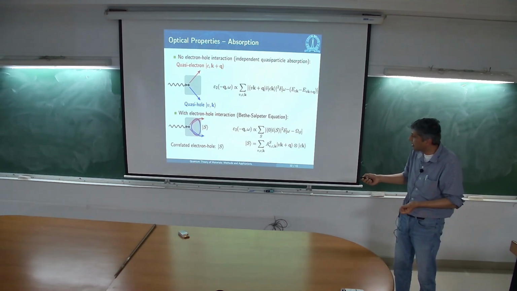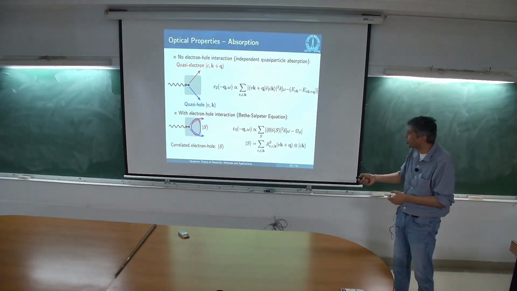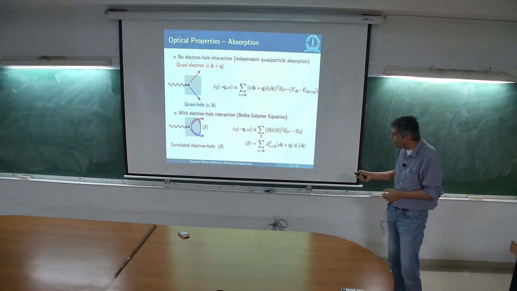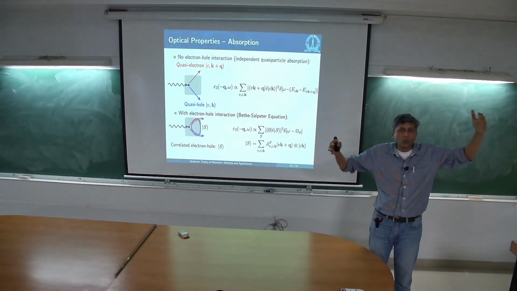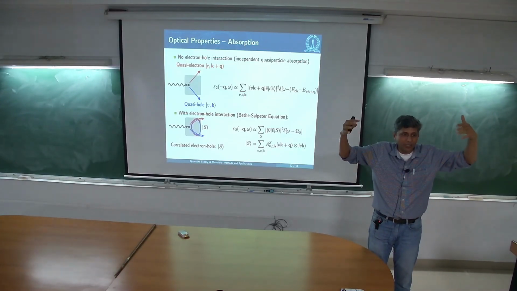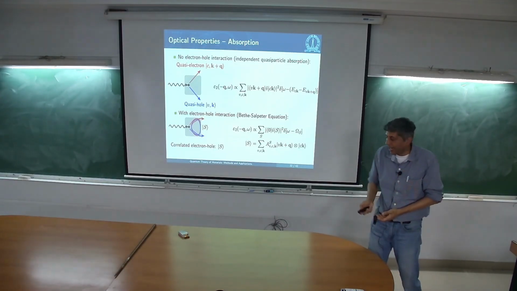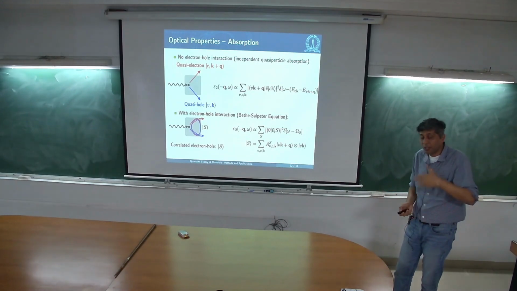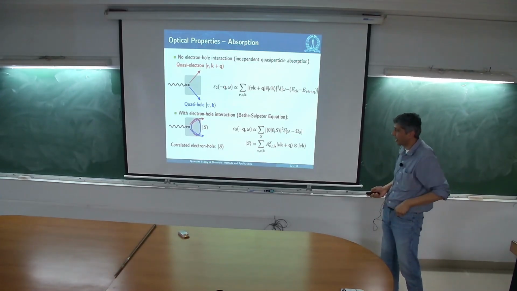And this is what my real state of the system is, and this is what I should be using to calculate the optical spectrum. Except now what I am supposed to do is not just one electron hole pair, but really I have to construct this correlated electron hole state, right? And this is what was done by Bethe and Salpeter in the context of something completely different in high energy physics, but the same formulation applies here as well.